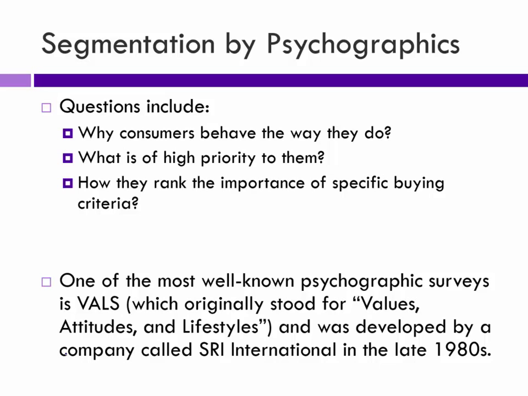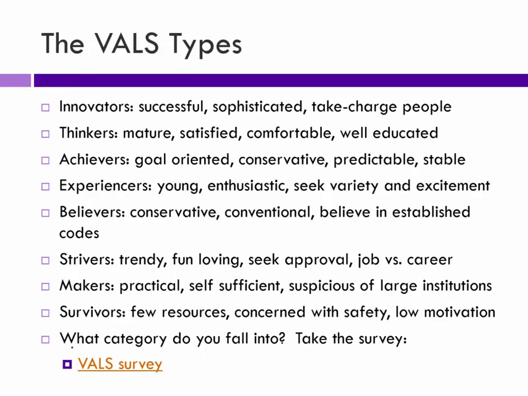There's a survey called the Values, Attitudes, and Lifestyle Survey that was developed in the 80s, which is a well-known one. They kind of put people in these groups. I'm not going to go over all these, but these are the different groups in there, and I have a link on here. I'll post this up. You can do the survey yourself and see kind of what group you're in. That's kind of an interesting thing, but you can see different marketing messages targeted towards these different groups, and I think once you become aware of them, you can kind of see those out and about. So those can be interesting if you have the time. The survey's kind of fun.